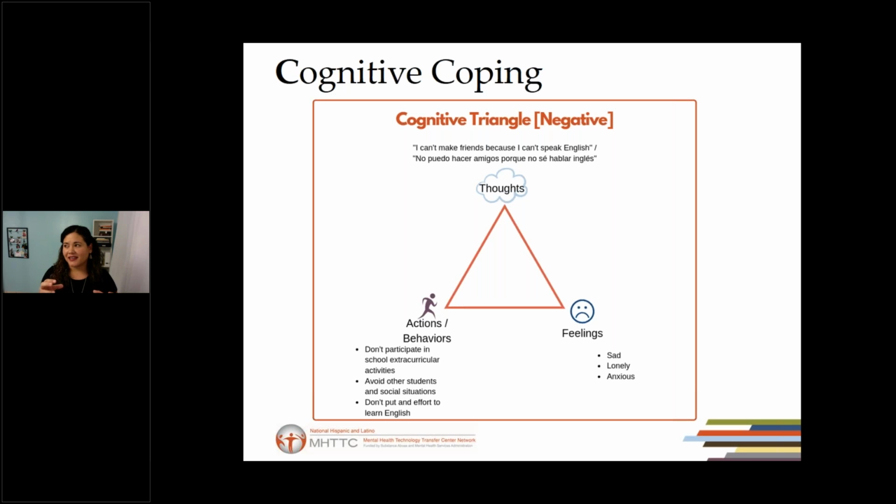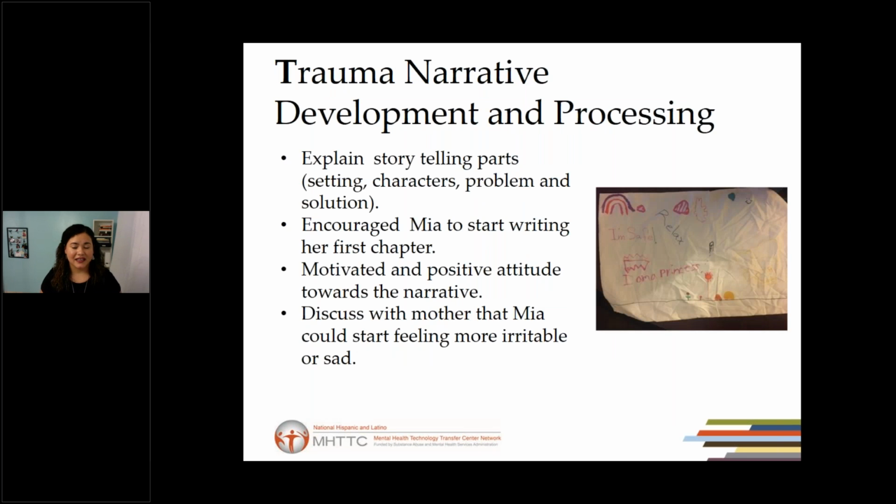So I try to use this triangle. I remember that one of the other therapists actually used different squares, I think like canastas, and he put three canastas around the room, and he identified them with different thoughts, actions, and behavior. And they were playing, like, what is a thought? And then they jump to the next one. What is a behavior? So that's another thing maybe that you can include if you're having clients in person, right?